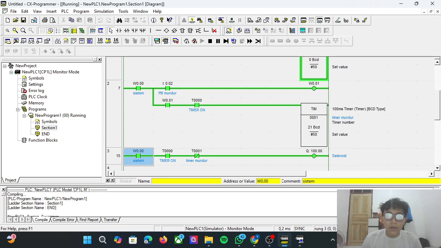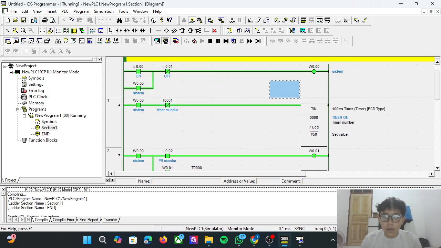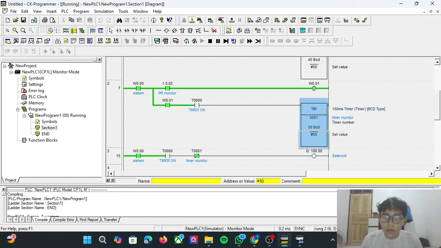After the timer counts down to retract the valve, we can see timer to 0, valve is extended. This timer to 0, the valve is retracted. This process is a looping cycle.